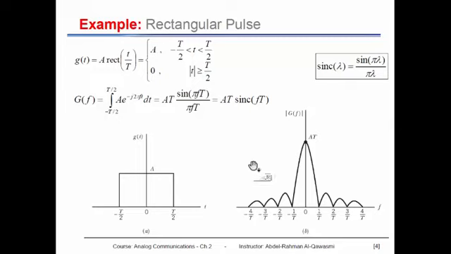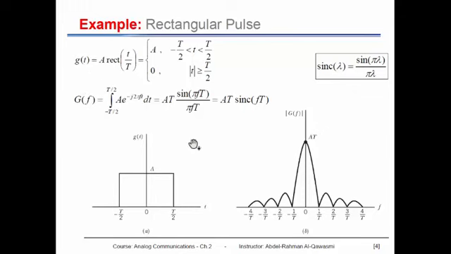The sinc of 1 will give us 0, and so on. We have 0 values at 1 over T, 2 over T, and of course the absolute values of the frequency. So this is a simple example to refresh your mind about how to make a Fourier transform from time domain